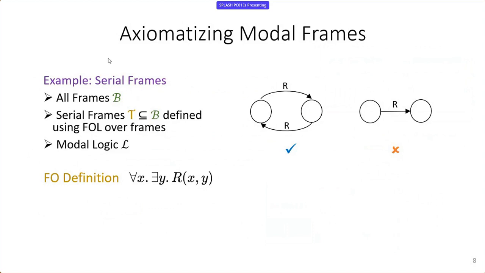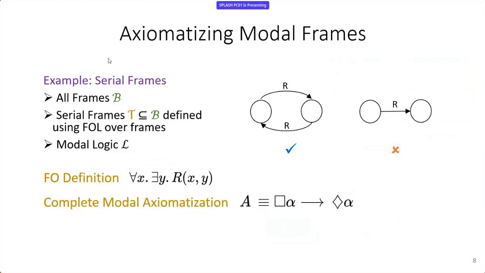Now, you can think about it first if you've understood enough of modal logic from my previous slide. But otherwise, let me tell you what the answer is. This class is actually well studied in the literature, and it turns out that the formula box alpha implies diamond alpha completely axiomatizes serial frames. This is a schema, and what I really mean is that for serial frames, and only for serial frames, all formulas of the form box alpha implies diamond alpha for concrete values of alpha are satisfied.